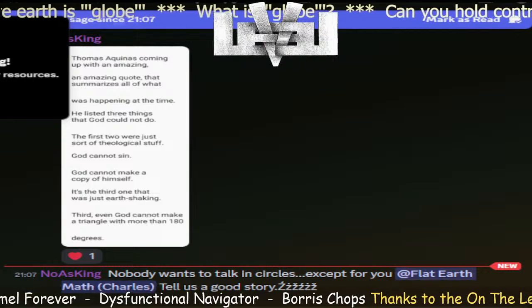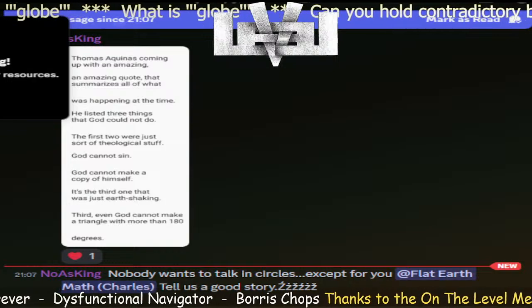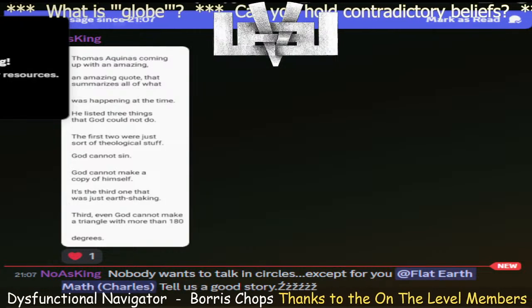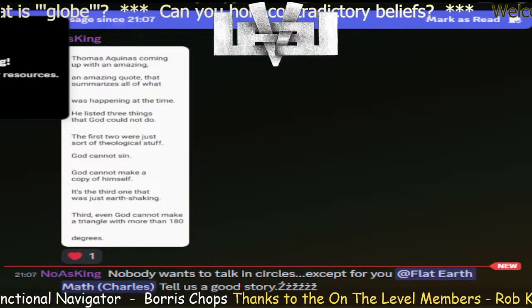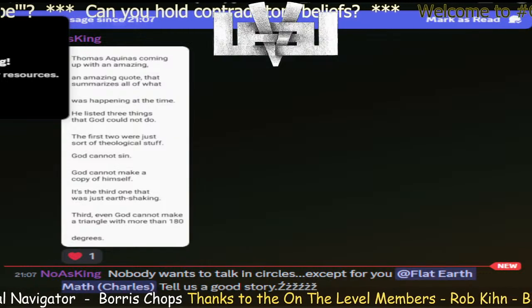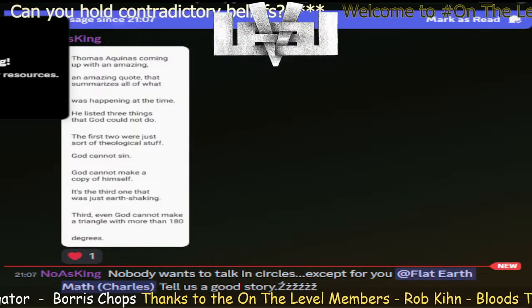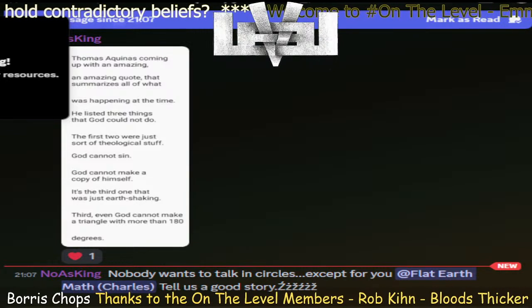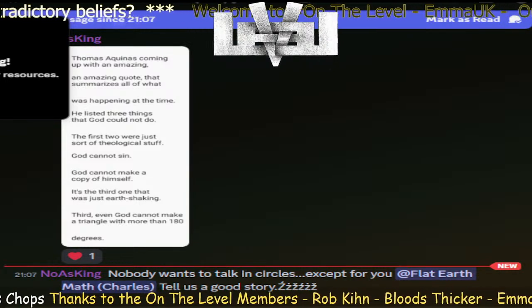It's not obvious if you pick one definition, because the planet's too large. No, he's not cherry picking one definition, Rob. He's just saying what Flat Earthers believe. Like he's saying about other people, Flat Earthers believe the Earth is not a globe. Everybody just has a belief until, Charles, you have a proof.